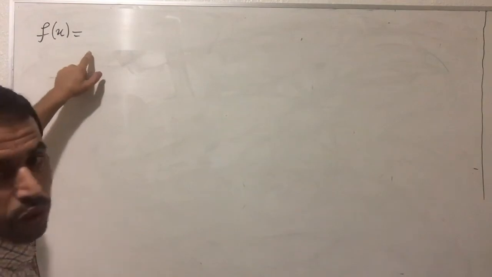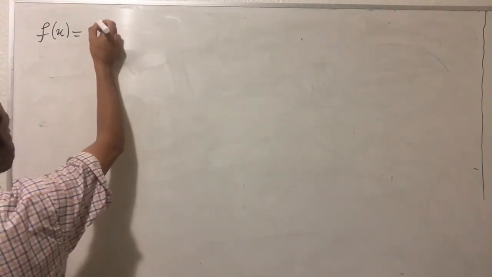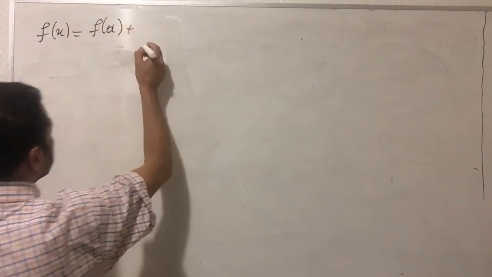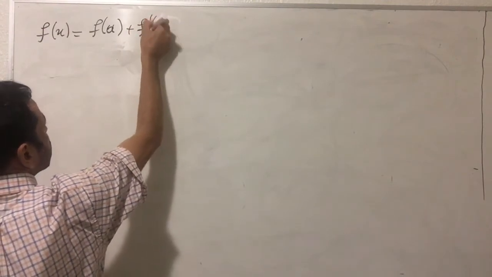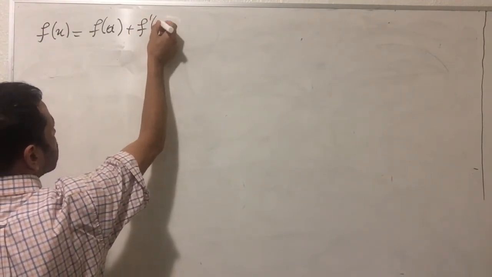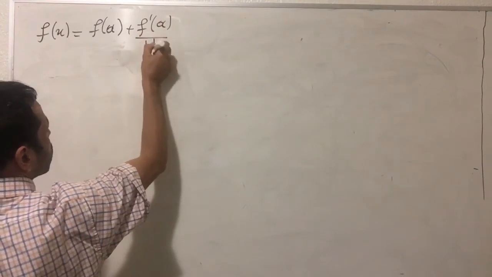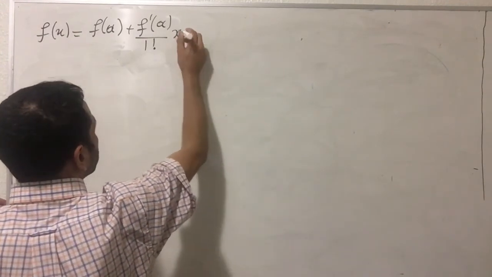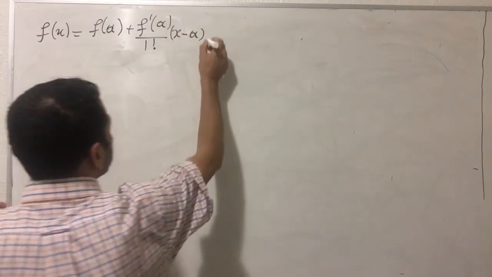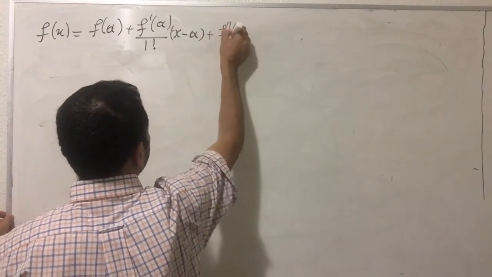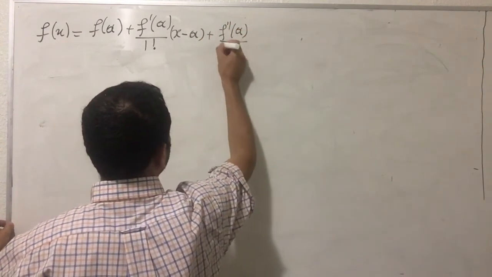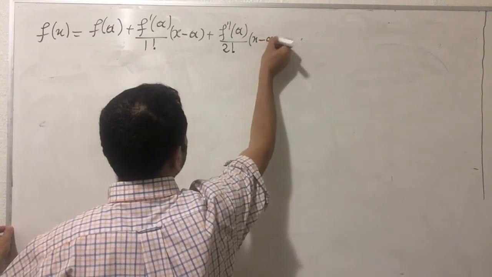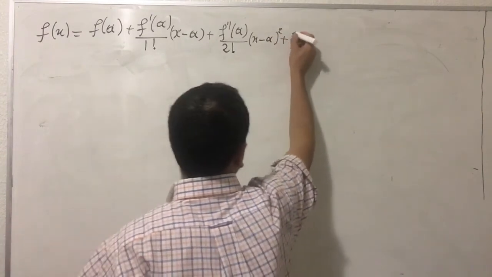The Taylor series is written in this form. f of x equal to f of a plus the first derivative of the function f at the point a over 1 factorial multiplied by x minus a, okay, plus the second derivative of the function f at the point a over 2 factorial multiplied by x minus a squared plus the third derivative function,